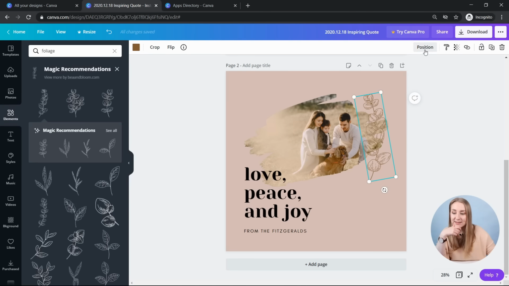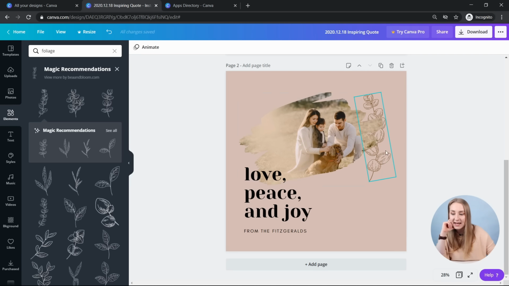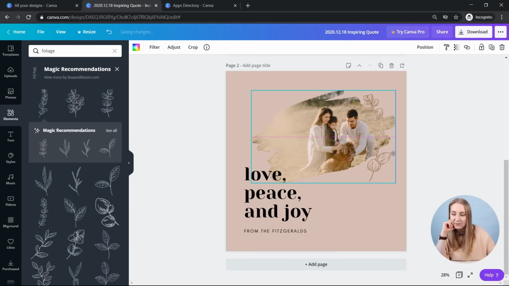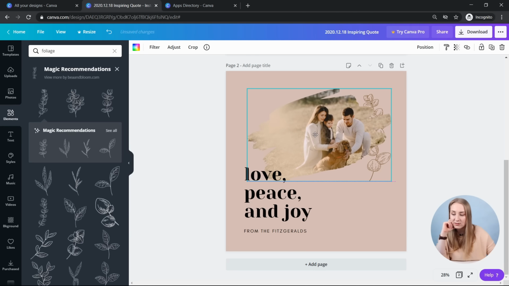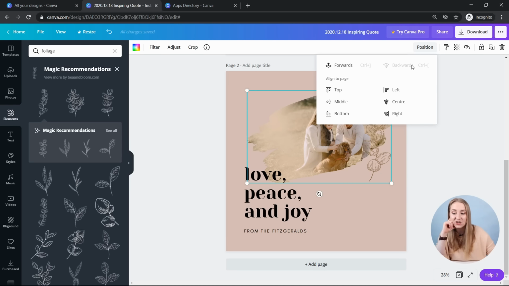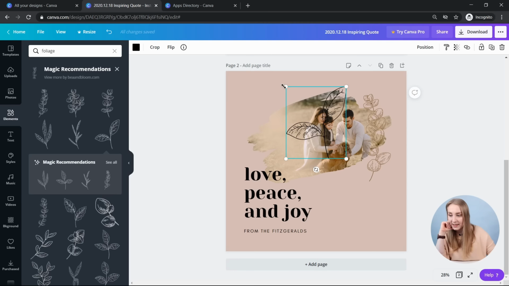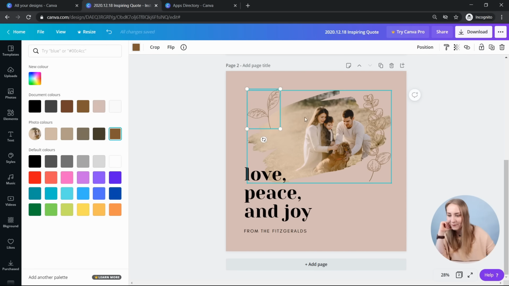And then if you click on position, you can actually move it backwards. So you can move it behind that particular element. And as you can see, I move that photo around in front of it, but I cannot really grab the element, which is because it's behind. You can click on the position again and you can just send it backwards as well. If you have multiple different elements, let's add another one. Again, it won't go well with this particular design, but never mind.